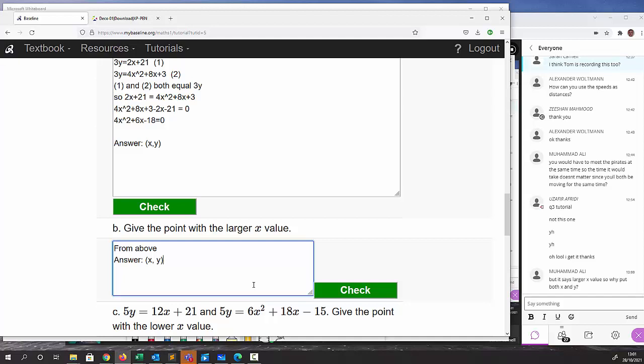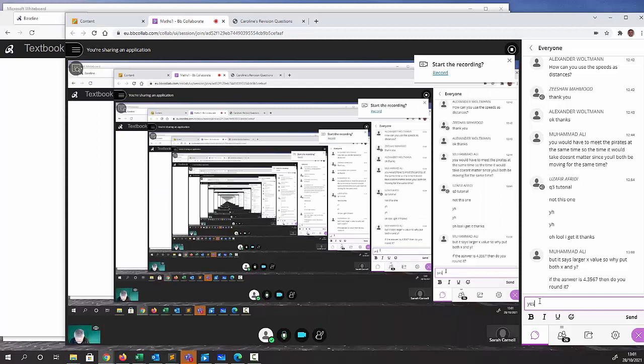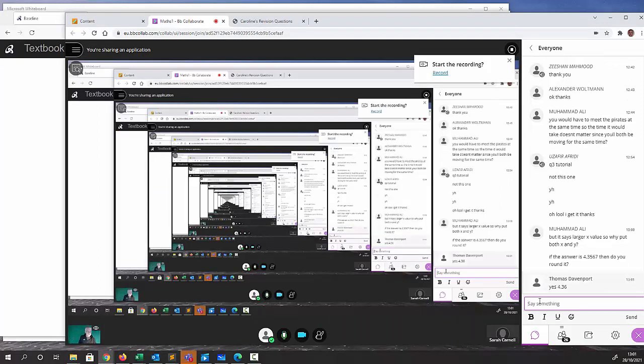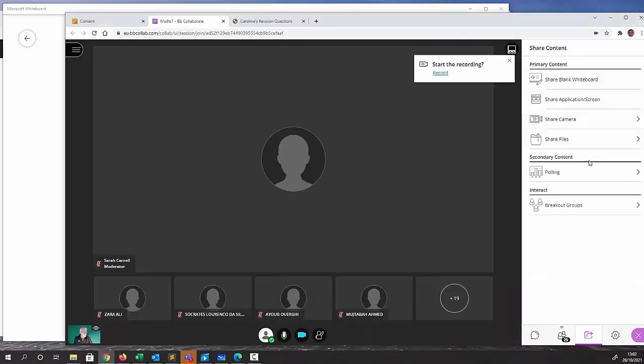Okay, any other questions? If the answer is 4.356, then do you round it? Yes, you definitely do. And if you don't, you'll be marked wrong. So it's 4.36 will be the answer to that one. Yes, 4.36. That's what you need to put in. Any other questions? And I will put up a video of this